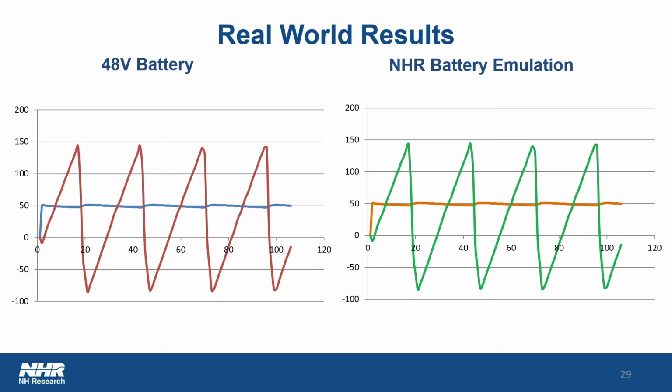So here we have a test that was run back-to-back. The data on the left is from a 48-volt battery, and the data on the right, an NH Research 9200. We first ran the test profile using the battery, then simply swapped the power cables to the 9200, set it for 48 volts with some resistance, and repeated. This particular test was connected to a motor through a DC-AC inverter, and the inverter was commanded to perform a particular drive cycle. Currents ranged from a positive 150 amps to minus 80 amps or so,